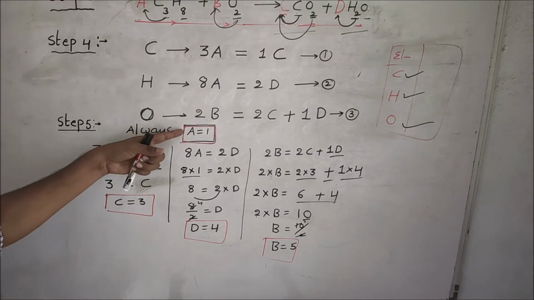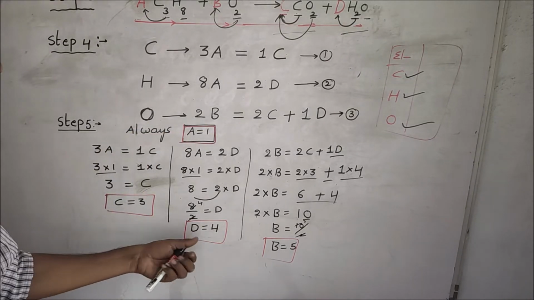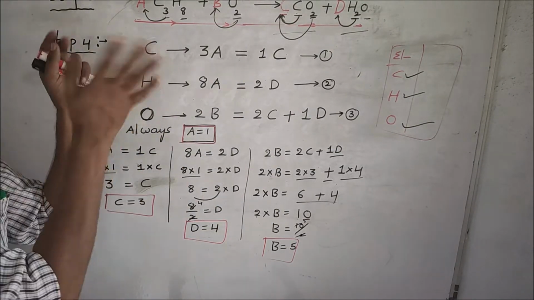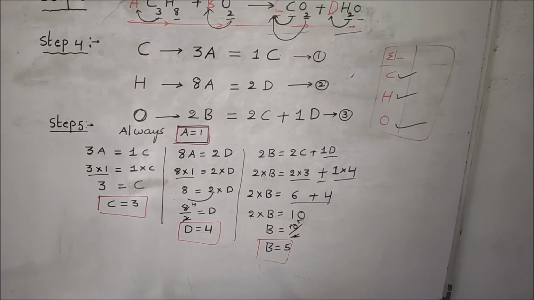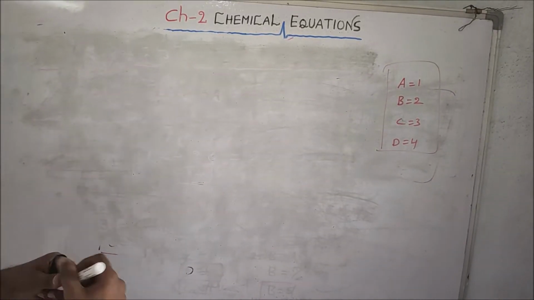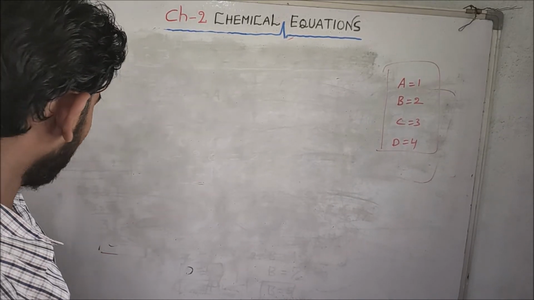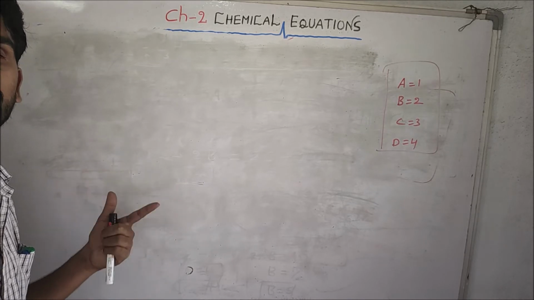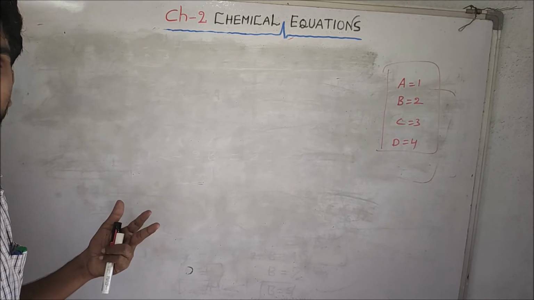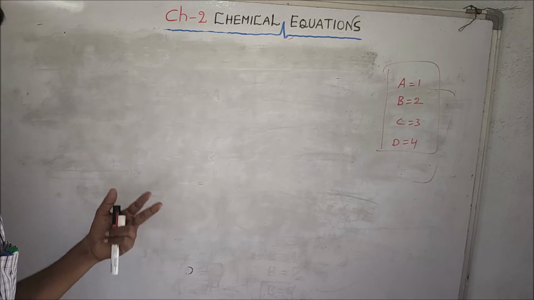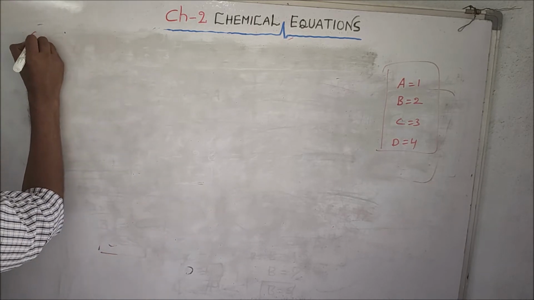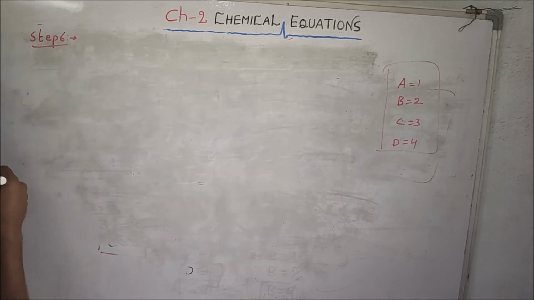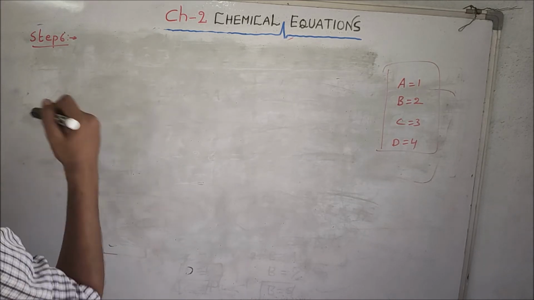Now we got the A value, B value, C value, D value. We have 4 letters, we found all 4. Now that's it, we have to keep them in the equation. Now very good, we'll write the next step. So step 1 is the same question. Step 2 table. Step 3 family names. Step 4 writing equation, step 5 equations. Now step 6, now already we know what we got.